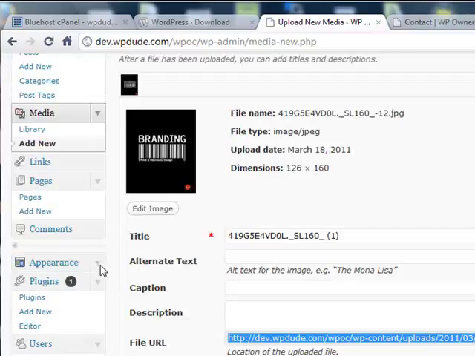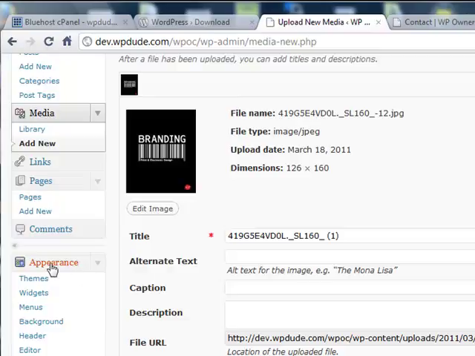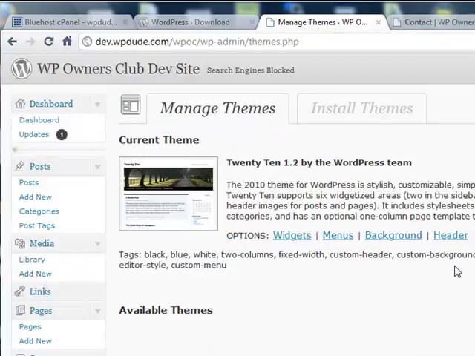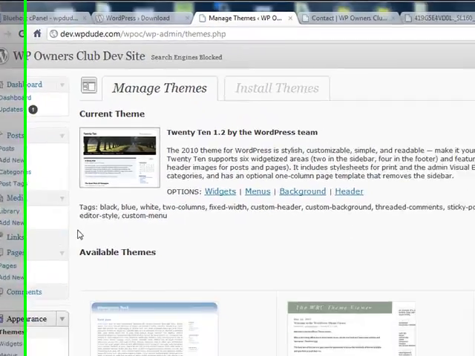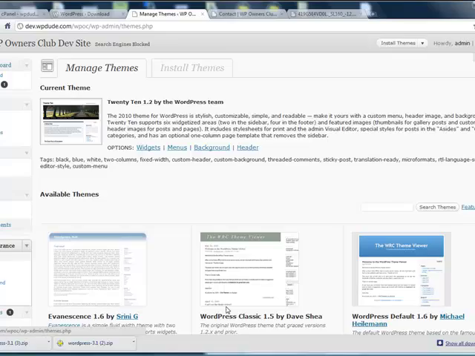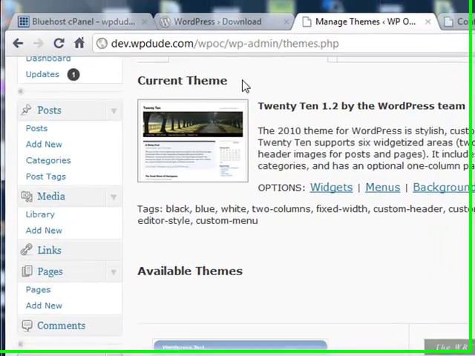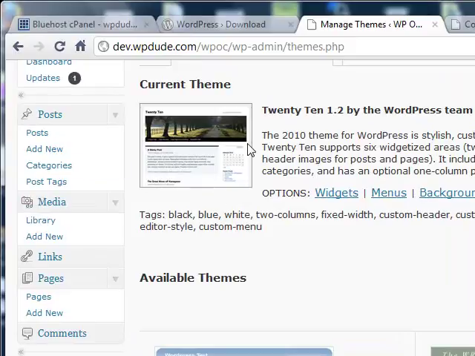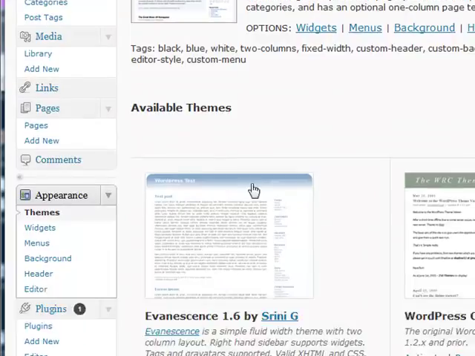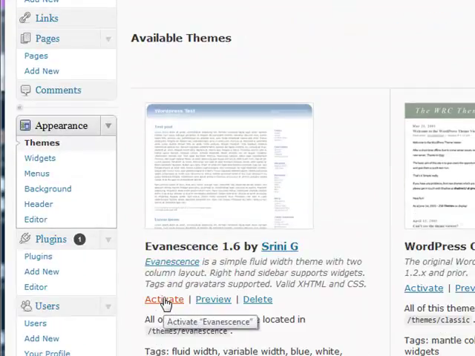Moving on to the appearance section. This is where your themes live and your widgets. So let's look at themes first of all. As I said, you can have multiple themes installed on your site. At the minute we've got 1, 2, 3, 4, but only one active. So at the minute we have this 2010 as our active theme. If we were to activate another one, Evanescence for example,